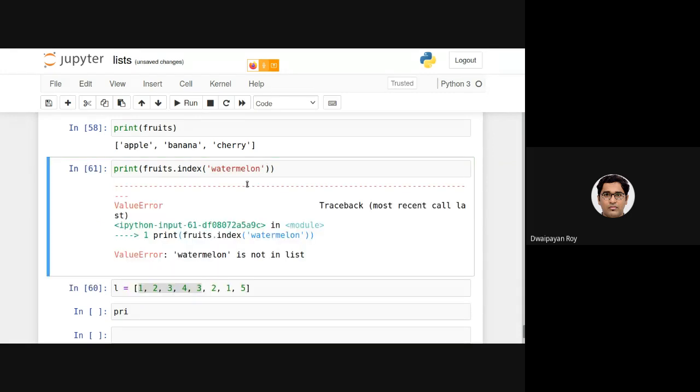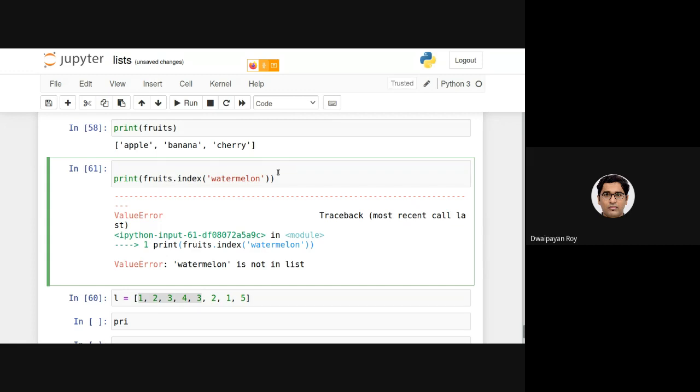It will be returning an error. So to call index, we need to provide an item which is present. So a correct way of using this index function would be to use the count. How can we make sure that even though the searching item is not present in the list, the error will not happen?